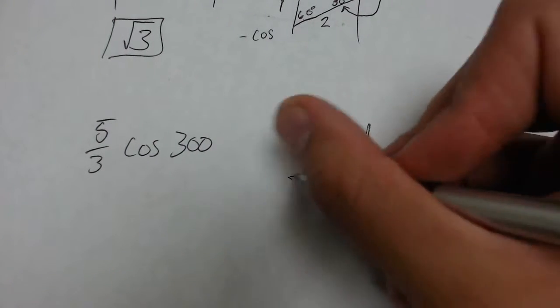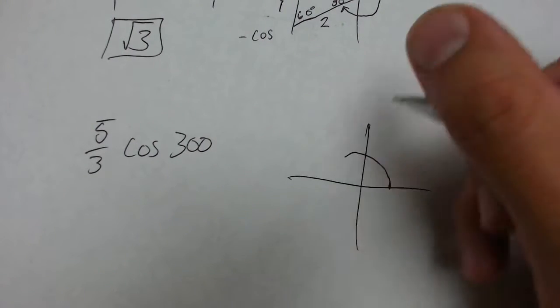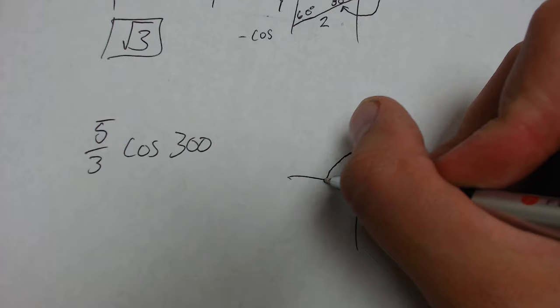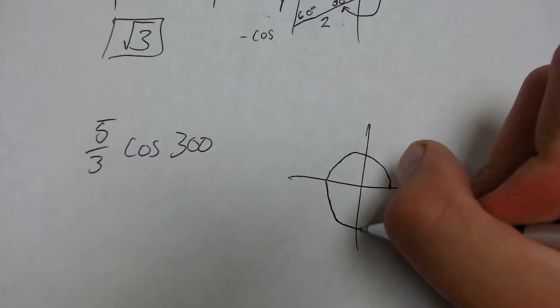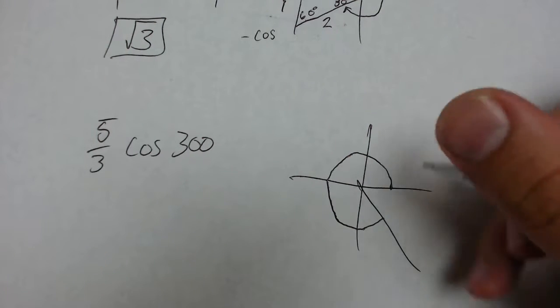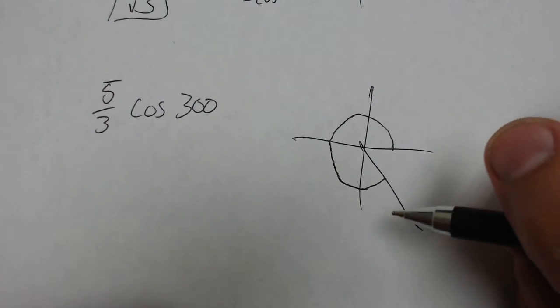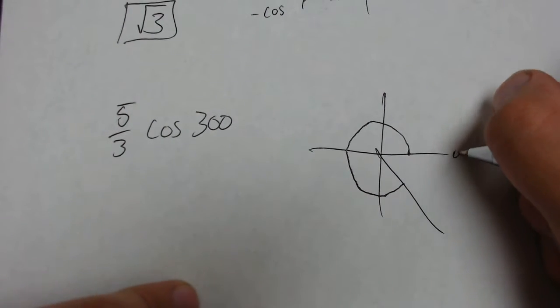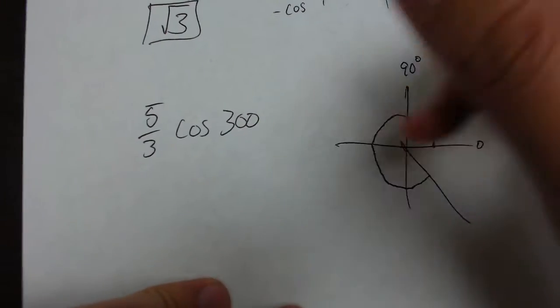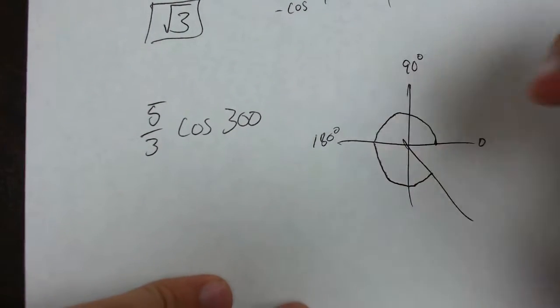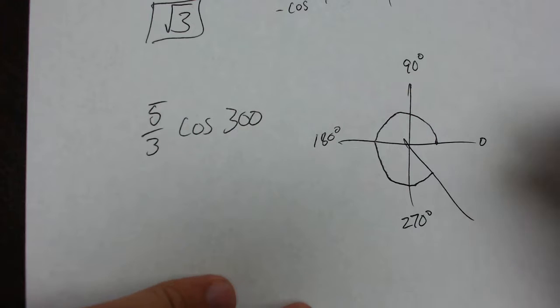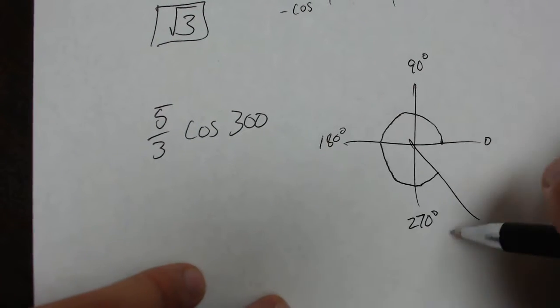So I'll go ahead and draw my coordinate system. I go all the way around. That's 90, 180, 270, and 300 is going to end somewhere in here. Now the question is how far? So I can go to my different points. If you memorize these 4 degrees, that will definitely help you out a lot. Highly recommend it. So we have 90, 180, 270, and